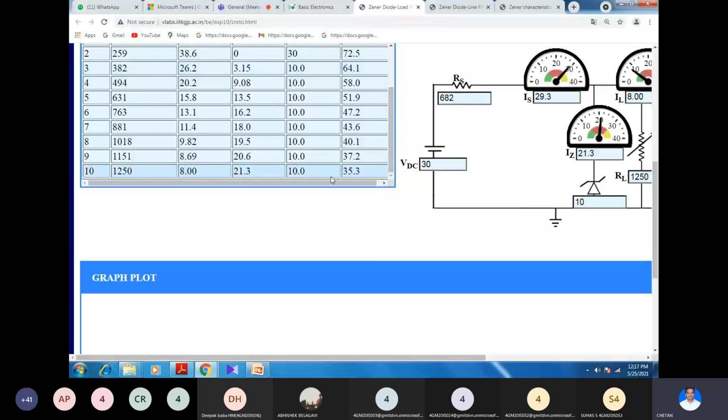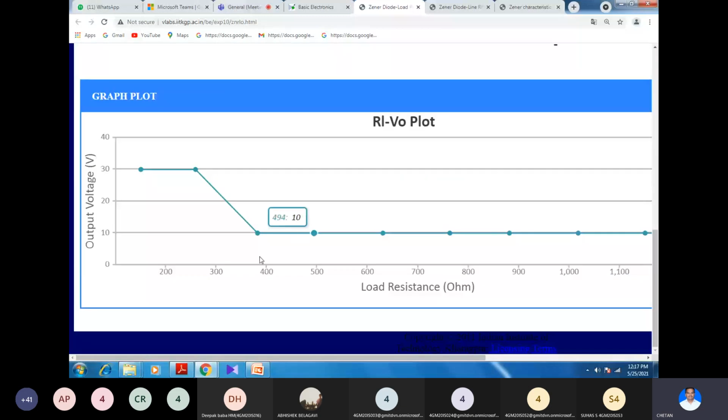We shall plot the graph also. When you plot the graph, you can observe initially you have kept a small value for RL, right? Therefore the diode is off. The Zener diode is not operating in the reverse breakdown region, therefore no conduction. When you increase the value to a minimum value of 382 ohm, which is called the minimum value for this load, beyond this value, for each value of RL, you can see that the diode is conducting. As the diode is conducting, there is a constant output voltage V out, which is equal to VZ.